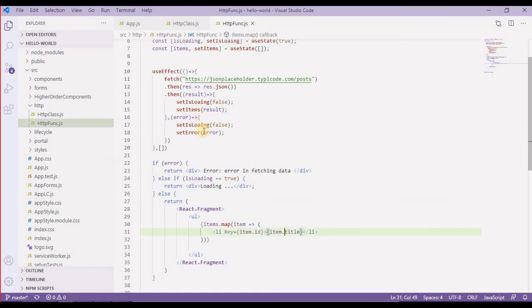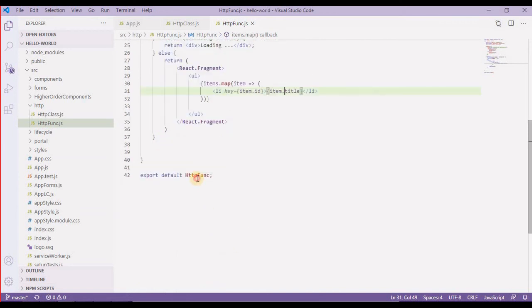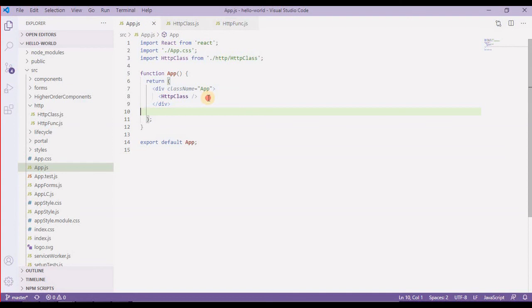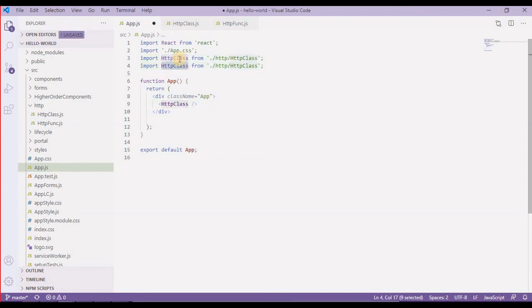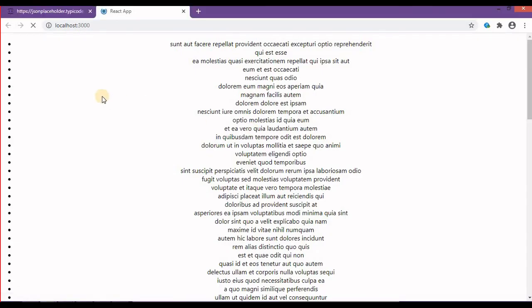So alright, now let's save it, and I'll call this function in my app.js component. Instead of the http class I will have httpfunc. I hope it will work. Alright, so it is working as expected.